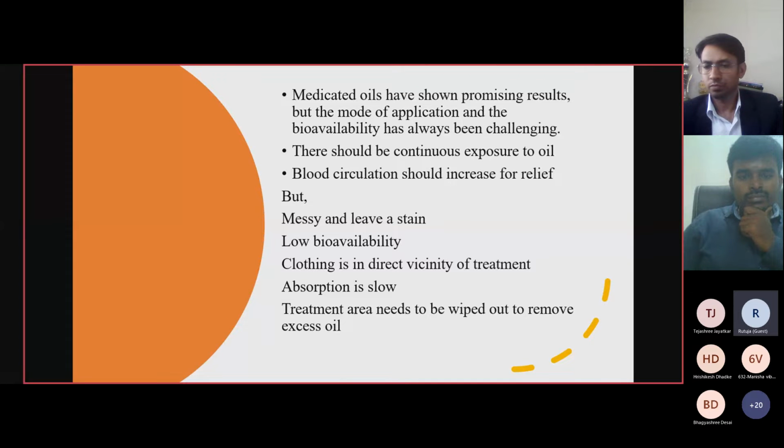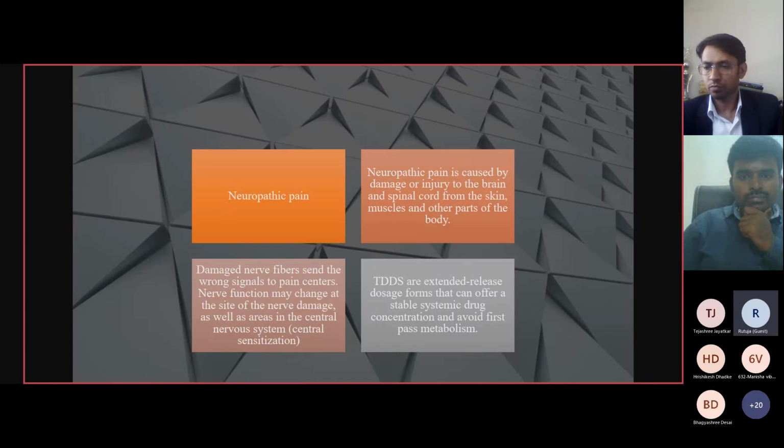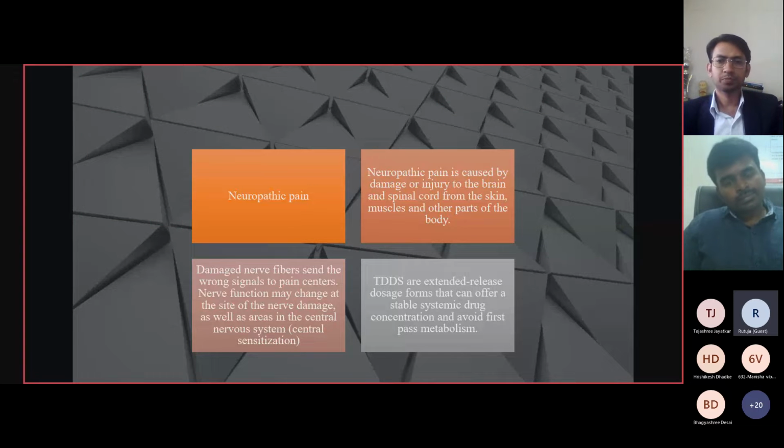Absorption is also slow, and the treatment area needs to be wiped to remove excess oil. So, considering this, we have prepared a prototype product for neuropathic pain. Neuropathy is caused by damage or injury to the brain and spinal cord, from the skin, muscles, and